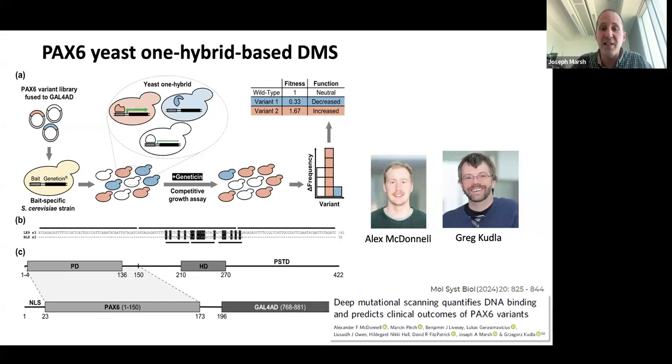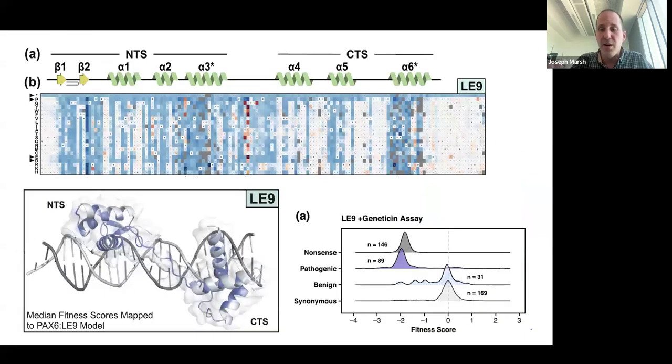So what happens then is when we grow the cells in the presence of antibiotic, those cells where PAX6 can bind to the antibiotic resistance gene, the antibiotic gets made, the cells can grow fine, they grow fast. Whereas if you have a variant that disrupts PAX6 binding to its DNA, it stops that binding, it stops the antibiotic getting made, the cells grow slow. So by measuring how fast all the different cells grow, we can relate that to a measure of binding strength. And so this is our variant effect map that we calculate for PAX6.